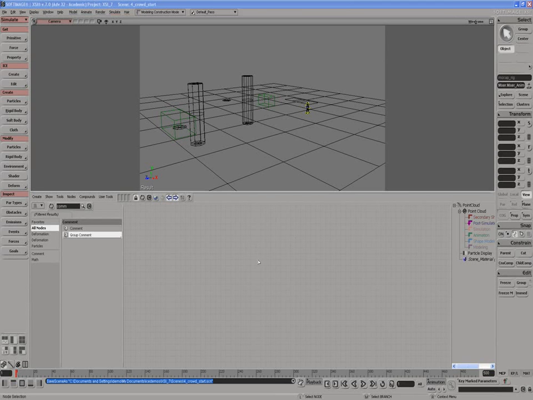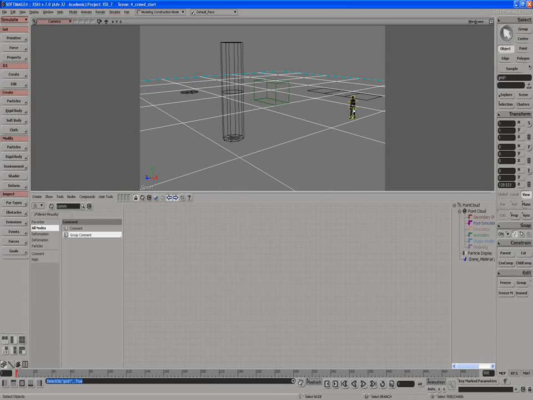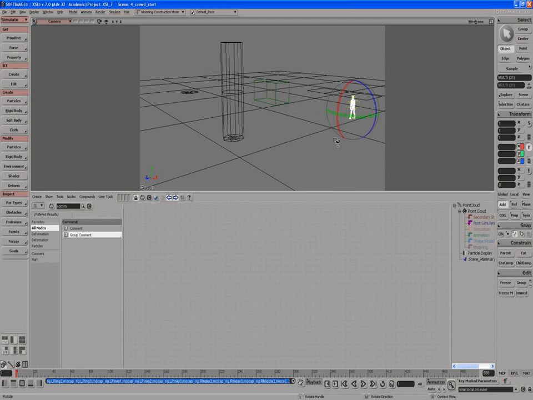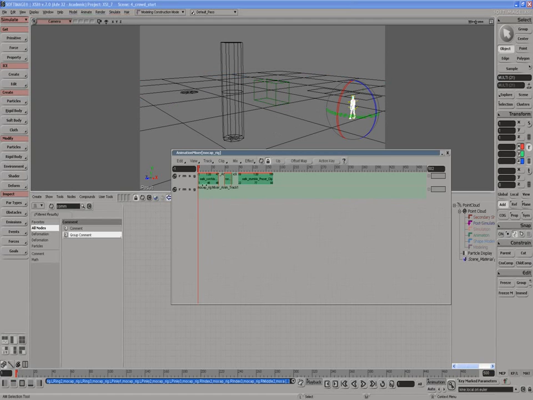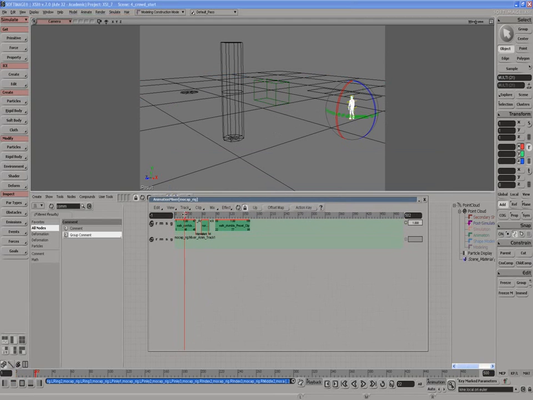So what we have here is our start scene. I'm just going to talk about the scene and show you what's in it. I have my character, if I can get to him, and he has a mixer on him, and in the mixer are 3 animation sequences, and we can see the animation here. And the moment he's walking forward, he's got the walk confident,